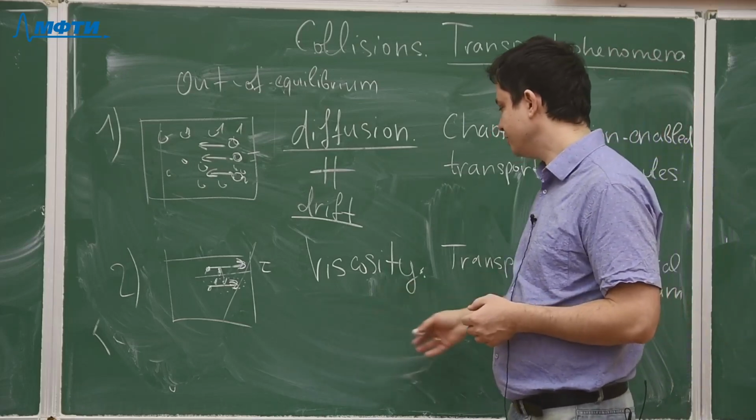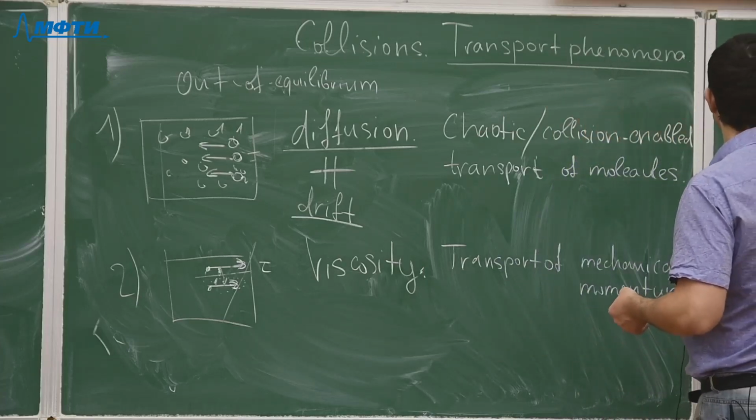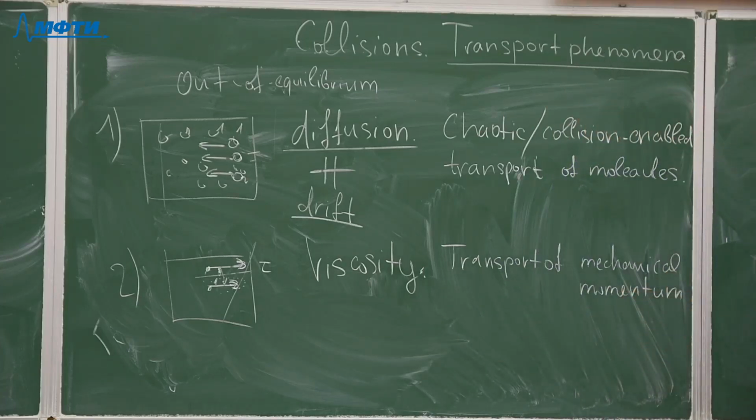So that's why that produces a viscosity. And the third transport phenomenon we are going to consider is related to the transport of energy. And as you may probably guess, that's related to this thermal conductivity. Thermal conductivity,